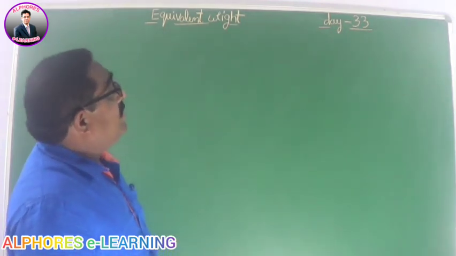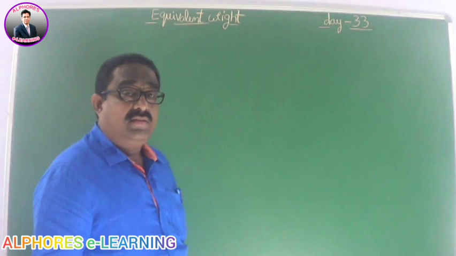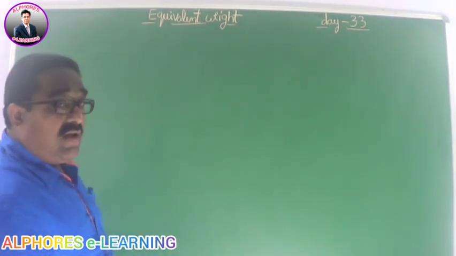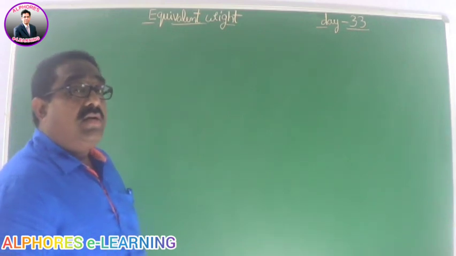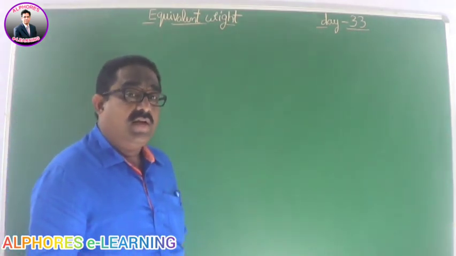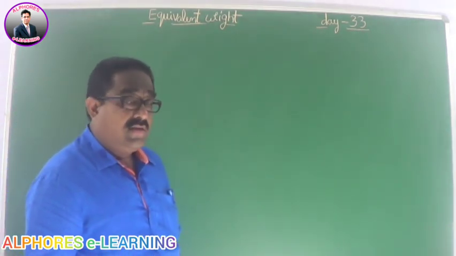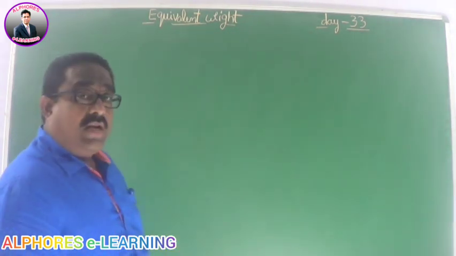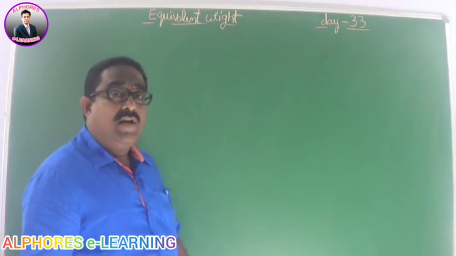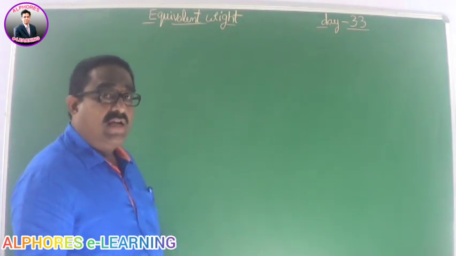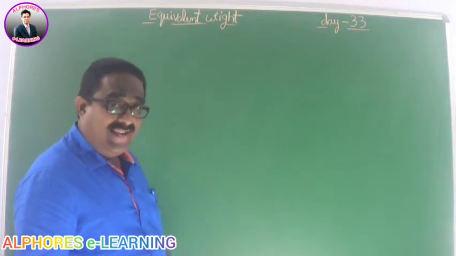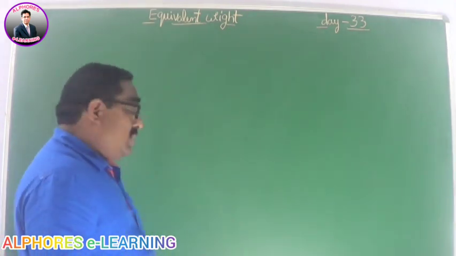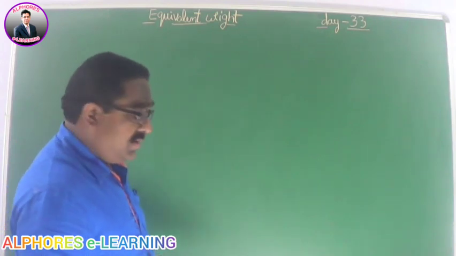Today, I am going to start session 33 of the stoichiometry chapter, and we are in the concept of equivalent weight. In the previous two sessions, I have discussed some numericals based on equivalent weight, and today also let me go through some more numerical approach, and after that I will go for the next area. Please get ready with pen and book and note down the numerical along with me.